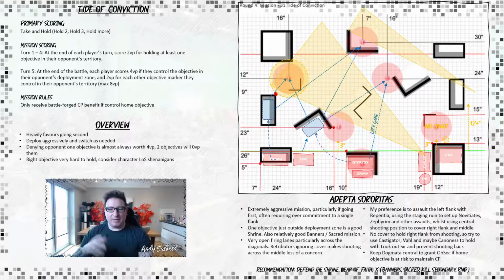So the way I typically play this, because it's extremely aggressive, I want to try to stage in the little staging L, midway along the left-hand side of my deployment. What I'll typically do here is carry forth the faithful Rhino forward into that L and try to position it